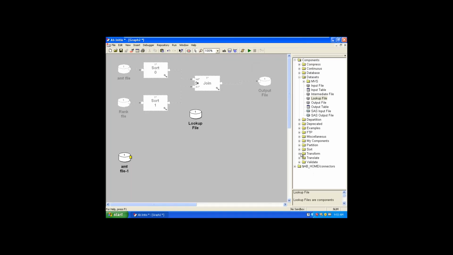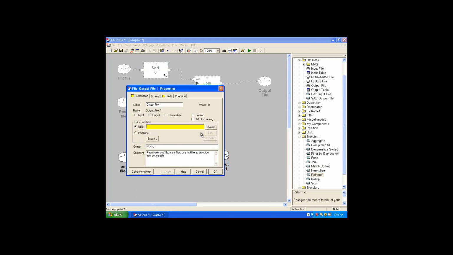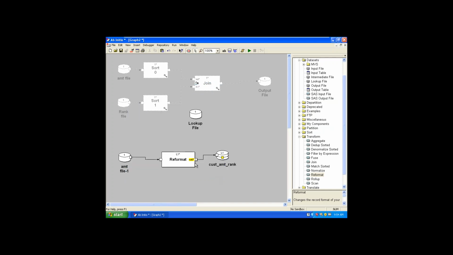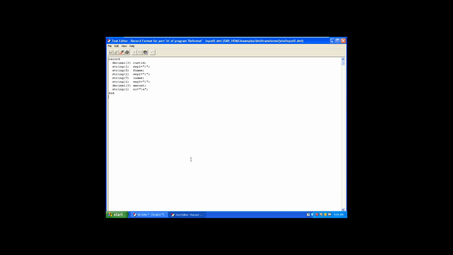Take the reformat component, connect this file to this component, and take an output file. I'm naming this customer rank .dat, and the label is also customer amount with the rank. And in the reformat, coming to ports, edit, copy,